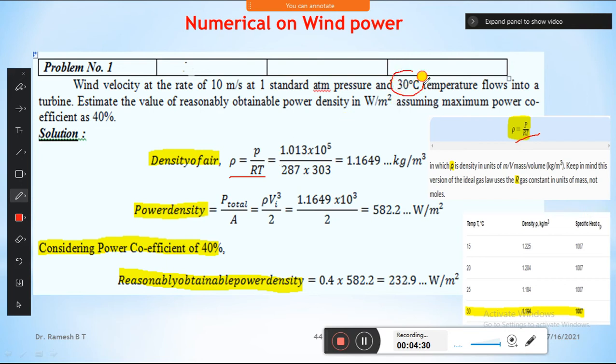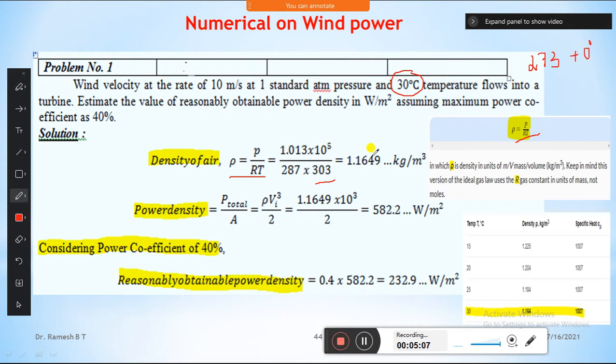Here they have given 30, and we already know that this is in degree centigrade, so you have to convert it to Kelvin. Kelvin means 273 plus the degree centigrade. So here 273 plus 30 gives 303. You have to substitute 273 plus 30. If they gave 20, then 273 plus 20. If given 15, then 273 plus 15. Like this you have to take the temperature in Kelvin,